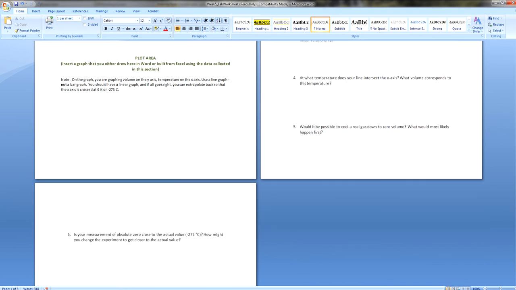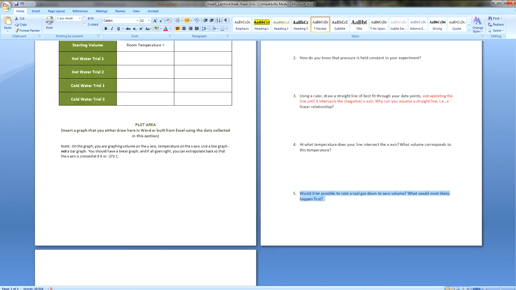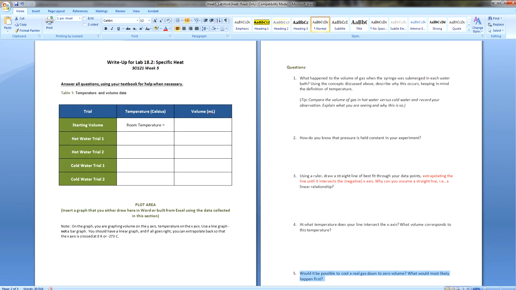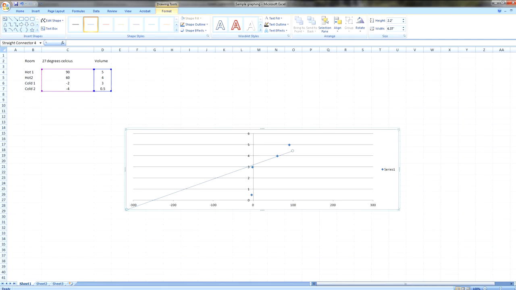For number 5, it says will it be possible to cool a real gas down to zero volume? What will mostly happen first? If you also read chapter 5 of the textbook, you should be able to find the answer to this question. So it's my hope that this will help you to answer this question correctly, especially on the graphing. You have to show the graph so that your answers for question number 3, 4, and 6 can be shown